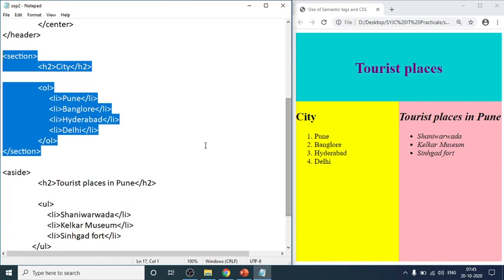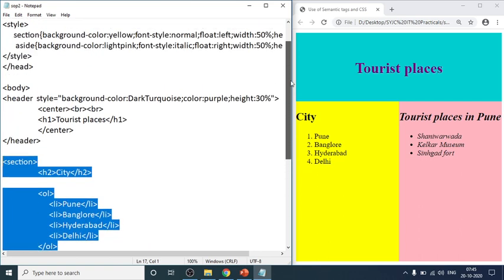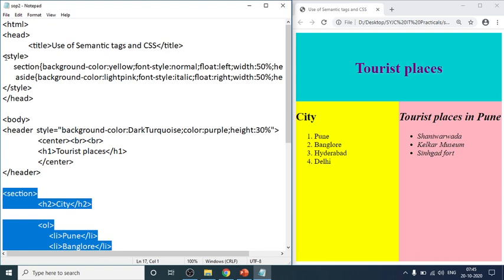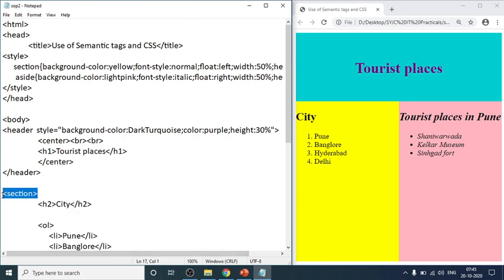So for this we are going to use an internal style sheet or internal CSS, which is written in the style tag. See here, the section tag will refer to the properties mentioned in the section selector.